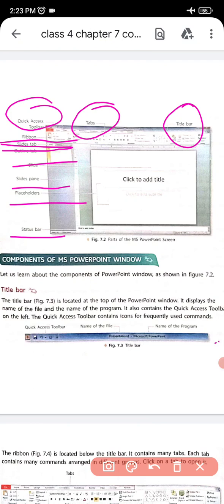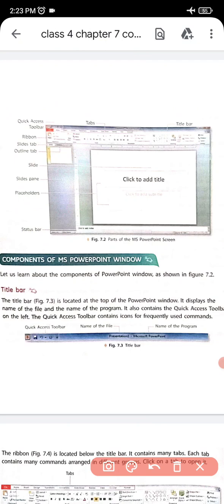All these are the components of MS PowerPoint. So one by one we will go through each and every topic. Let's start from the title bar.